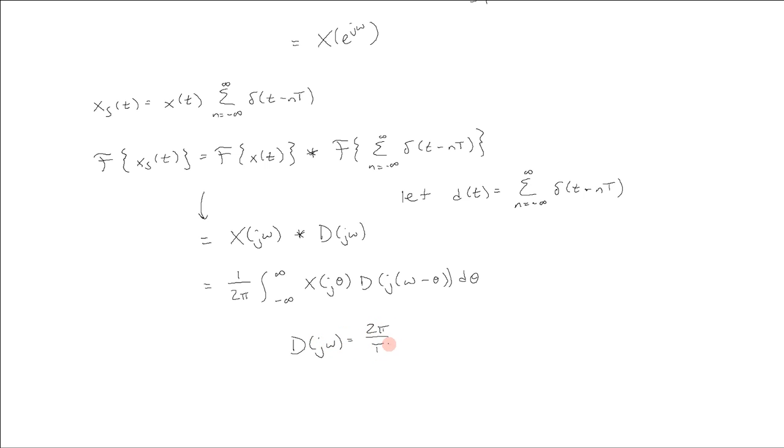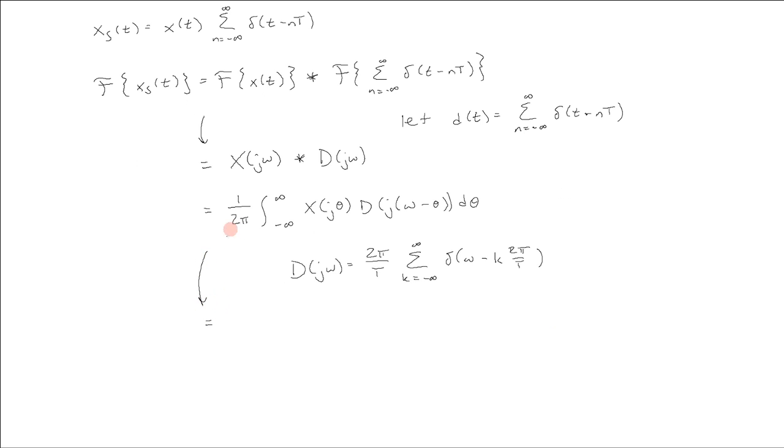It's equal to 2π over T times the summation from k equals minus infinity to infinity of these deltas that are shifted now in frequency by integer multiples of 2π over T. Using this, we can rewrite our convolution as 1 over 2π times the integral of 2π over T from the D(jω) times X(jθ), and plugging in our actual form for D(jω), we get that summation of the deltas shifted by integer multiples of 2π over T,